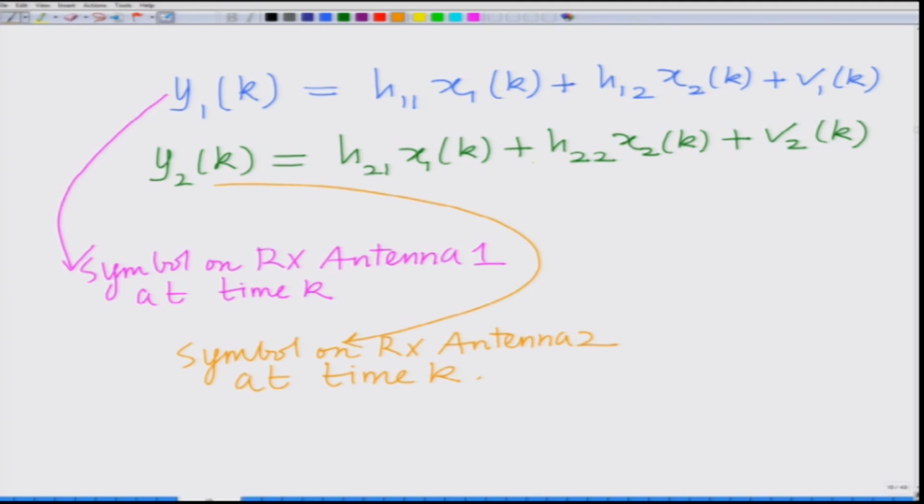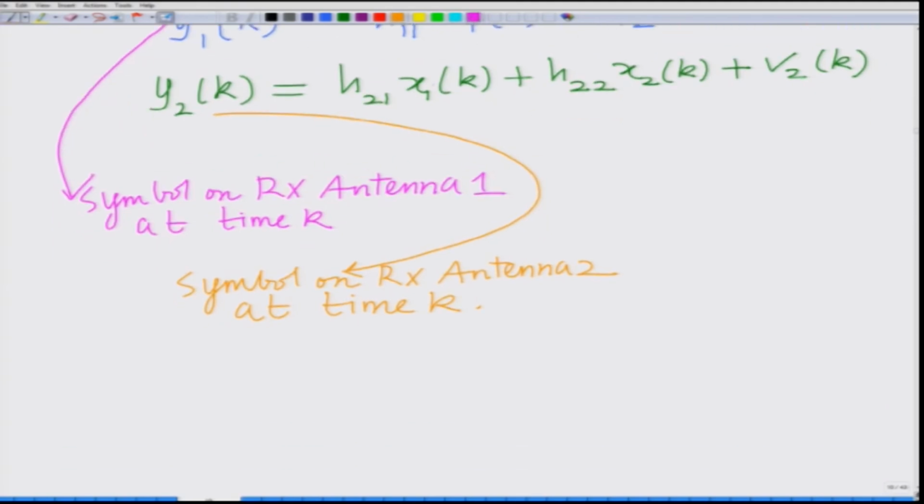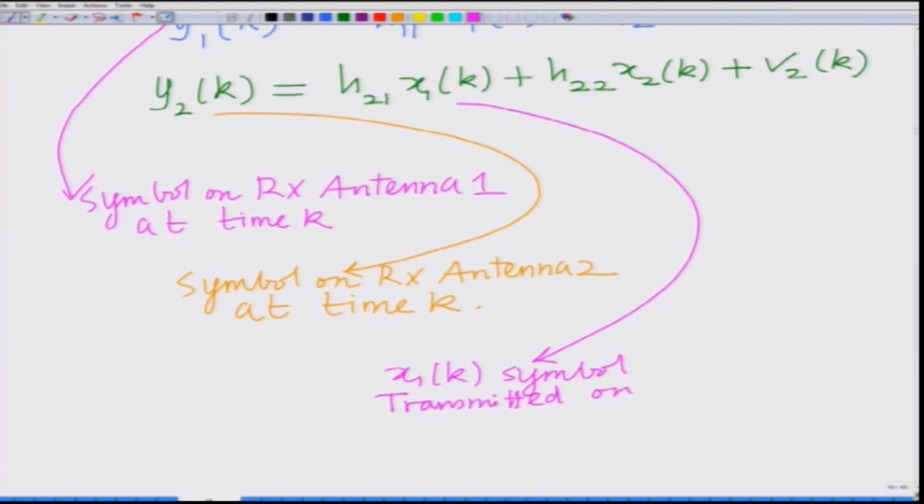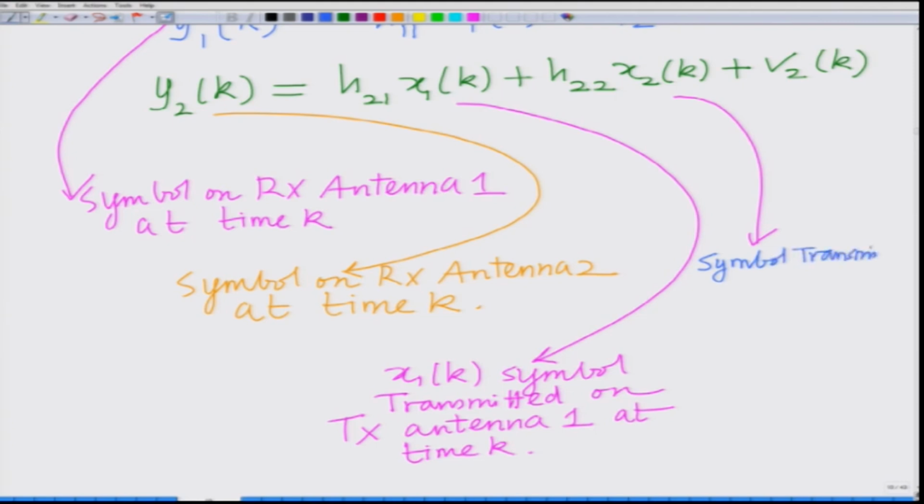Similarly, x1 k, again just to repeat it, is the symbol transmitted on transmit antenna 1 at time k, and x2 k is basically the symbol transmitted on TX antenna 2